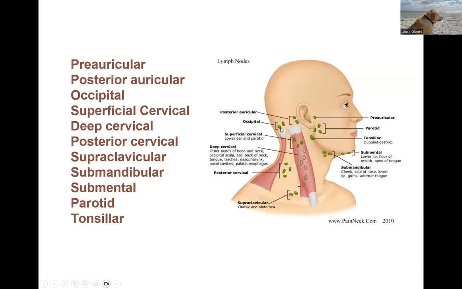We have the occipitals or suboccipitals. This is where sometimes they throw these together, the parotids and the tonsillars. We definitely have the submandibulars and submentals below, around the angle of the jaw, underneath there. That would be your submandibular, and then the submentals, the mental region is the anterior aspect of the chin, just underneath there. We have superficial cervicals, deep cervicals, posterior cervicals, and the